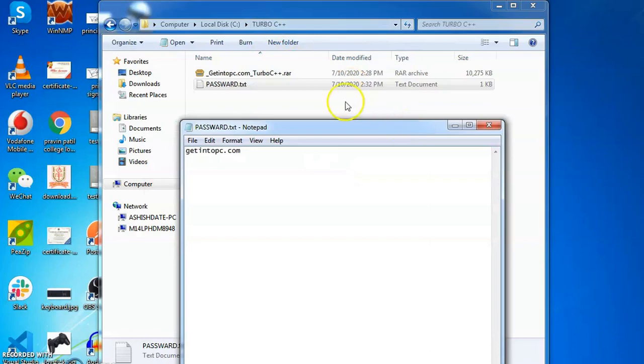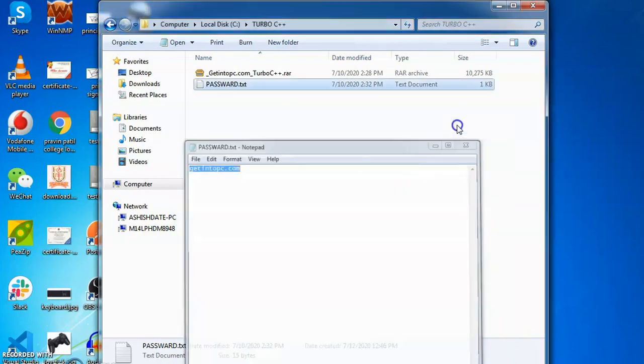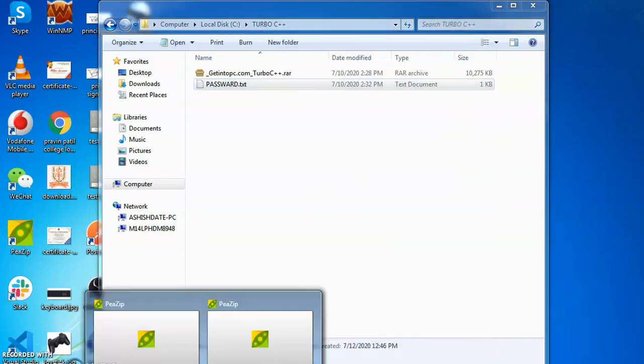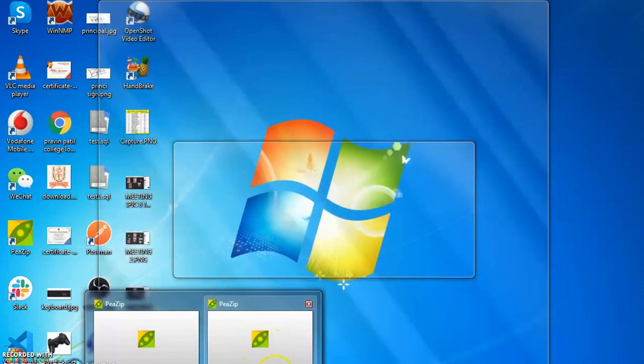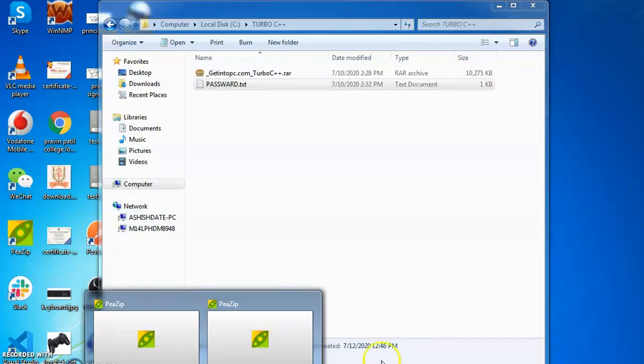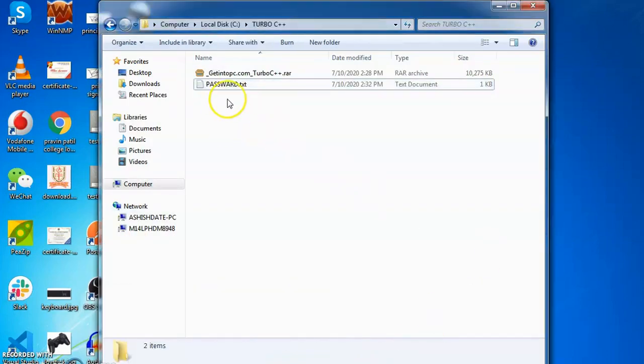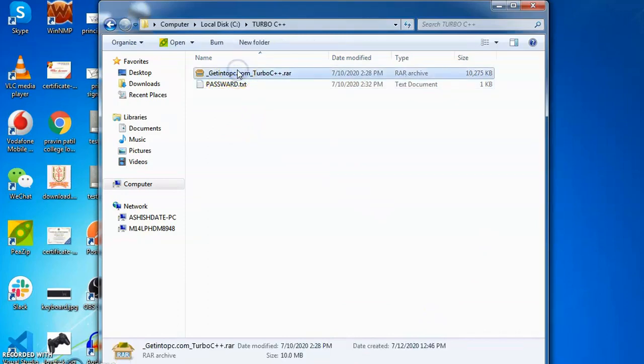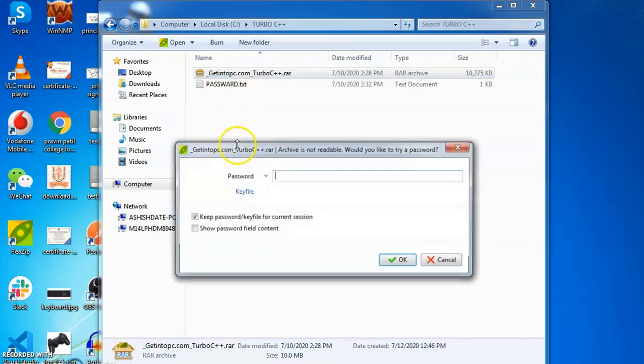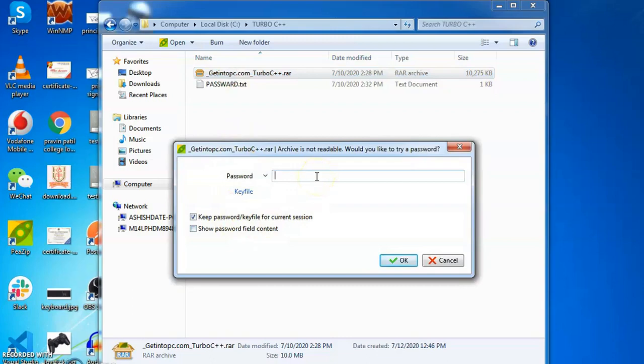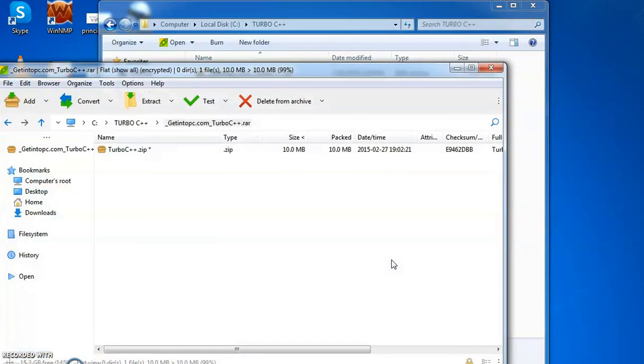So open this password text file, copy this password and paste here. Now press OK button.